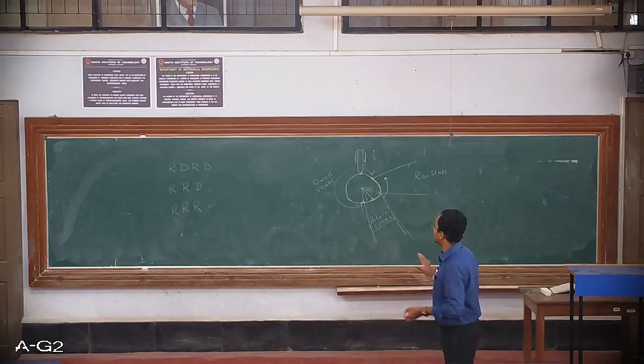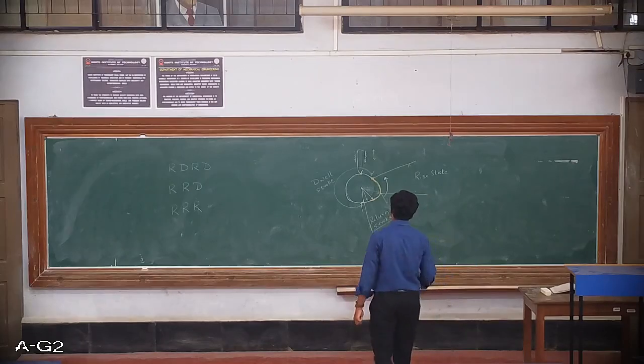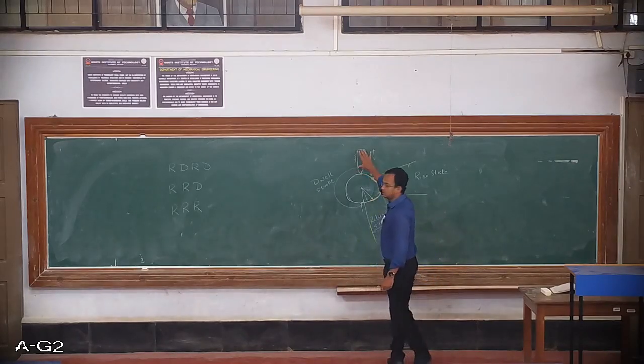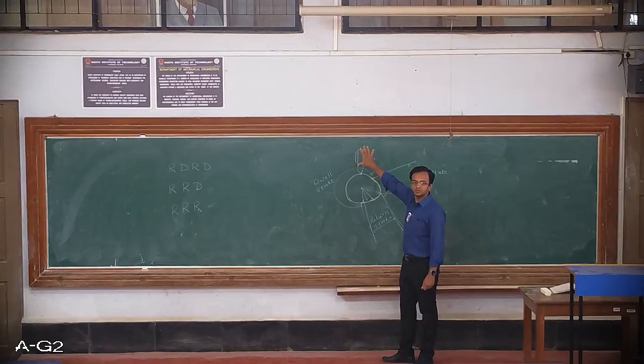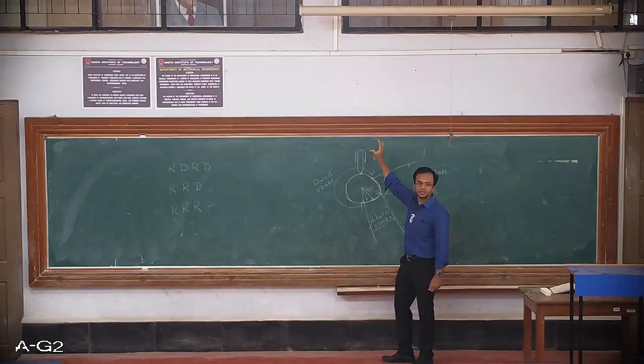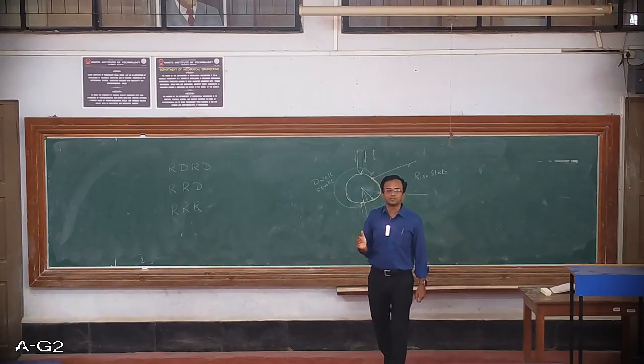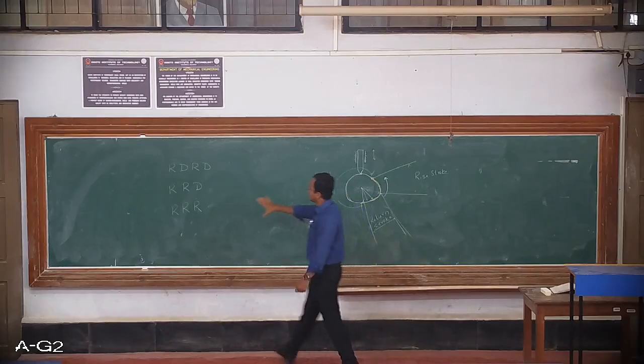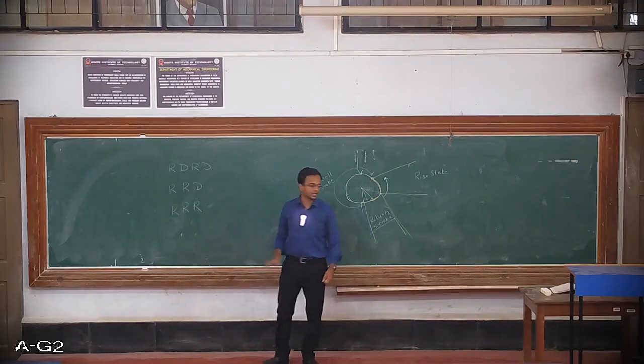That means a particular application wherein you don't want the follower to be still for any moment of time. You want the follower to continuously reciprocate, that is, it has to continuously move up and down. For such applications, we need to select this configuration, that is rise, return, and rise.